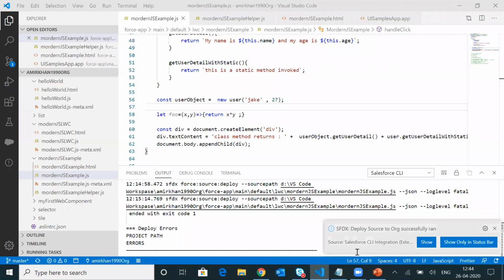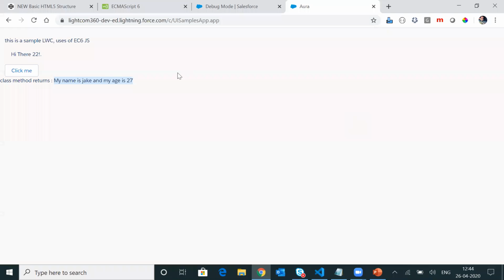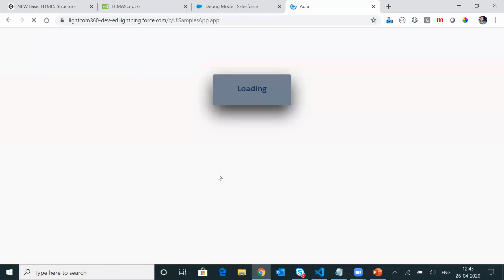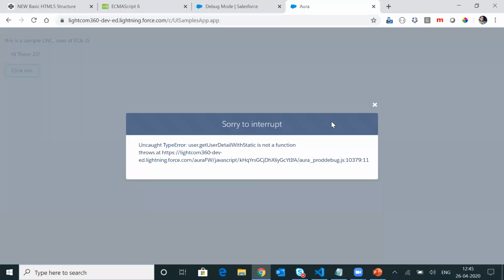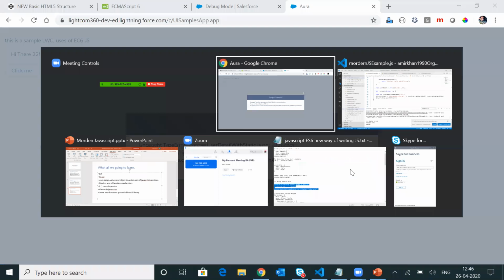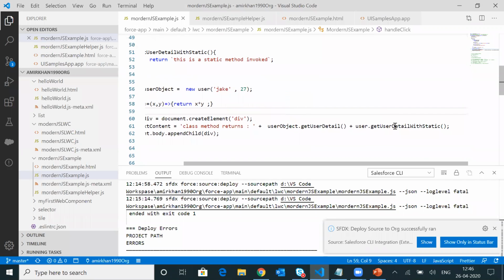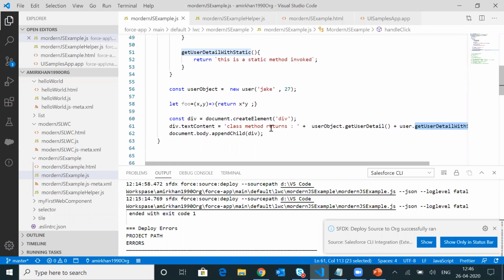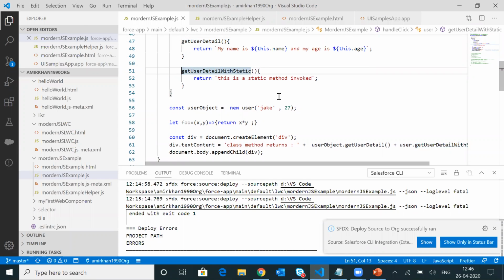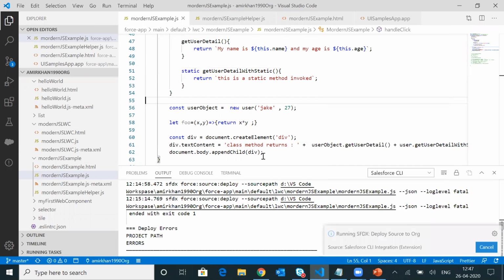So my code got deployed successfully to my org. Now let me go back to the browser and verify my code. So if I click here, I am getting the error. Okay. So now let me go back to the code and verify why I'm getting the error. Okay, so it's saying that the getUserDetail method is not even. So I forgot to use the keyword called static. Okay. Now if I deploy the code again,